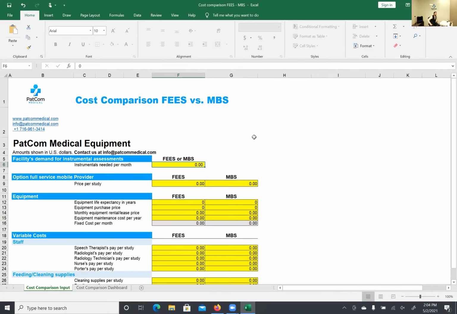So looking at the cost comparison, FEES versus MBS, this is not to say one is better than the other. They're both gold standards. We're not making a clinical judgment here on why FEES is sometimes better or MBS sometimes better. We're looking at those cases where you can really use either as an instrumental assessment, FEES or MBS, and those cases where FEES might be the better option, but MBS is the only one available, because that is